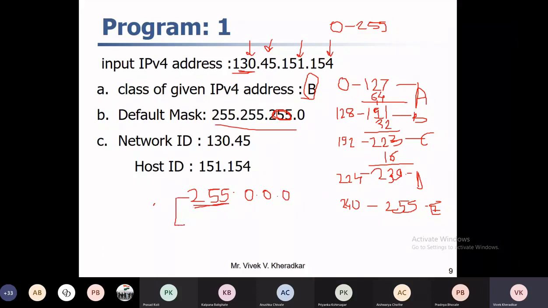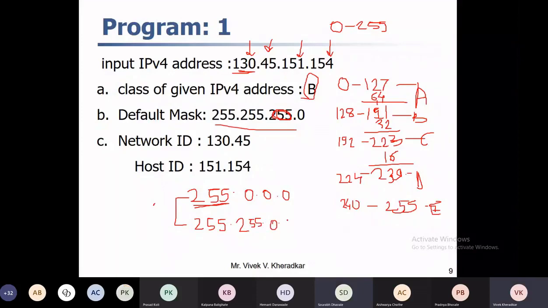What is the default mask of class B? The first 16 bits are 1. What is the value? 255.255.0.0.